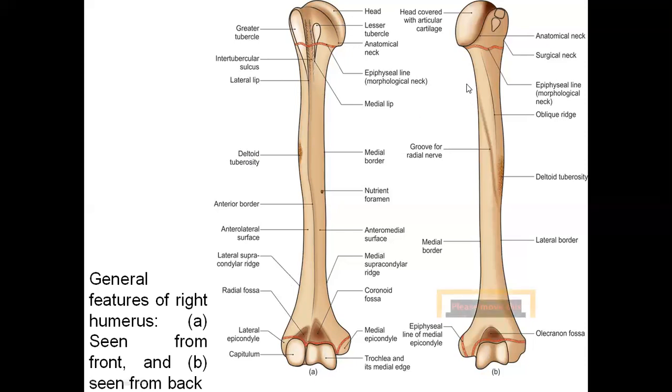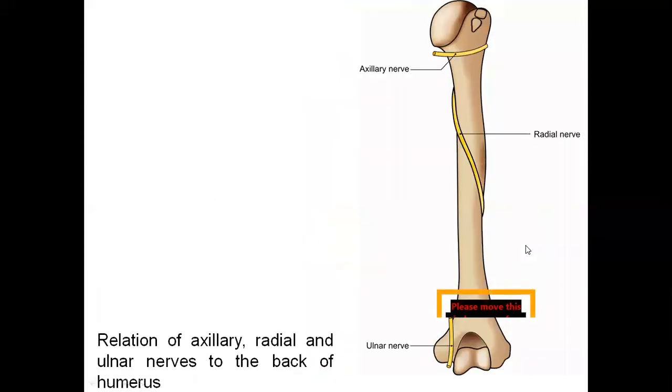When you turn the bone and see it from the posterior aspect, the easy feature to identify is the olecranon fossa, which is quite a big depression seen from behind. Okay, and of course the deltoid tuberosity is seen in the middle of the shaft, laterally, so it is seen from both aspects. We should also check for the groove for the radial nerve, which is called the spiral groove or radial groove. Okay, in the lower end we are also shown one more epiphyseal line, along which the bone is growing and gradually meeting the other parts of the bone.